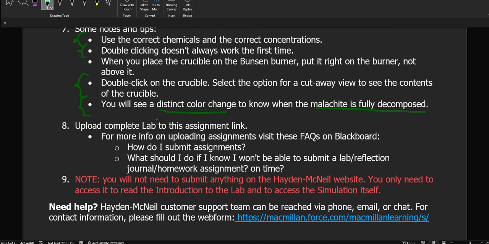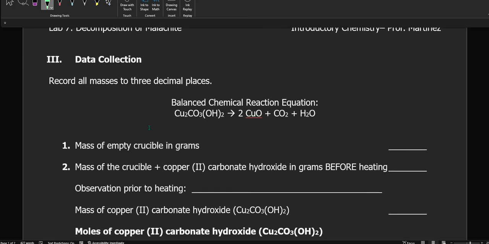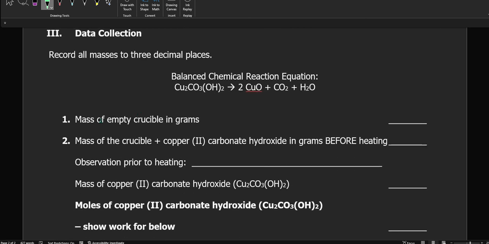And then you will upload the lab. You're going to complete it all. I'm going to show you the data collection portion right now. You're going to complete it and then upload it to the assignment link on Blackboard. So what exactly are you collecting? So you're collecting some masses. So as a general